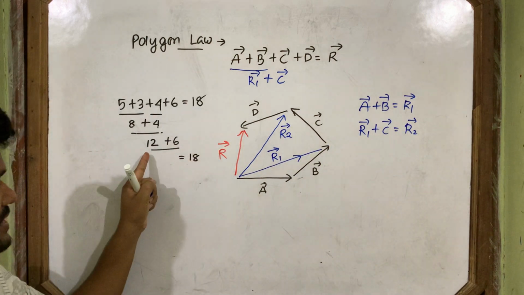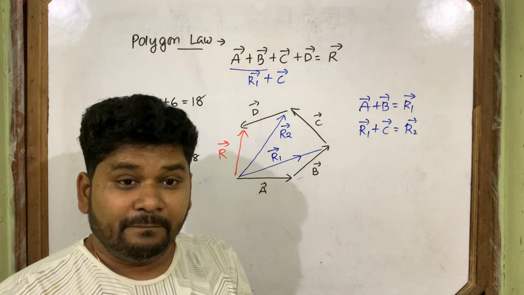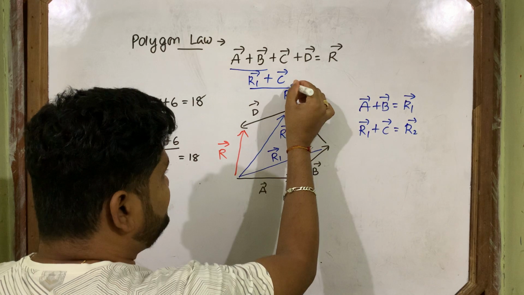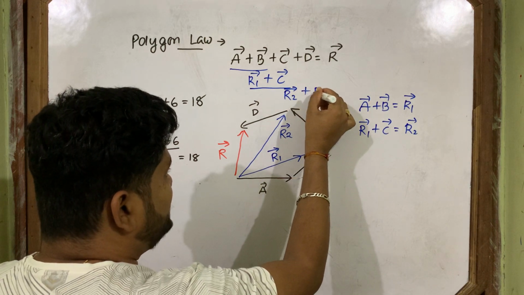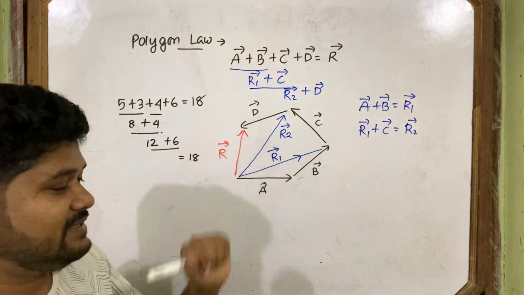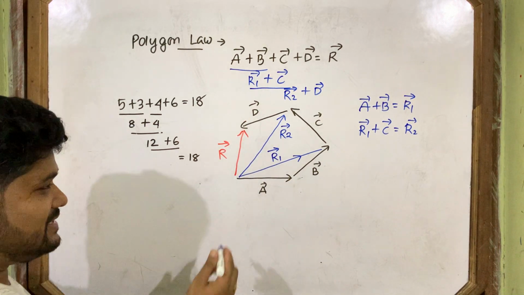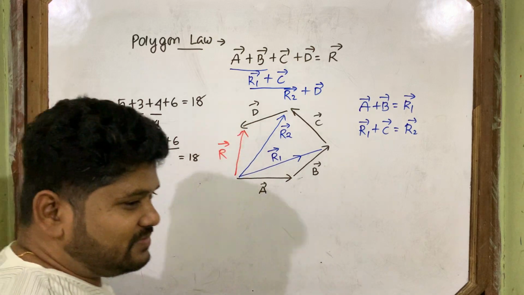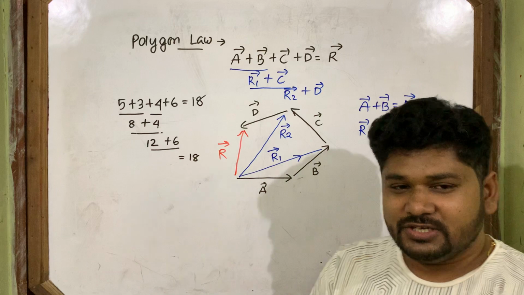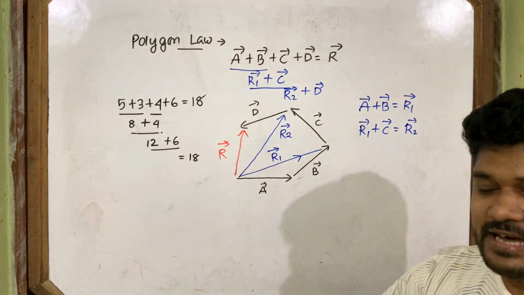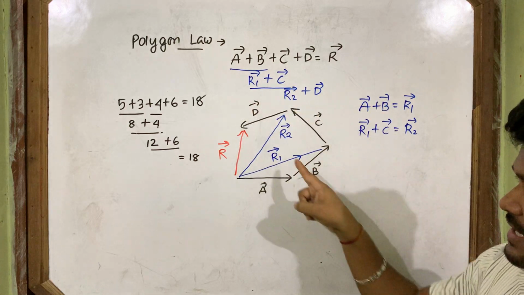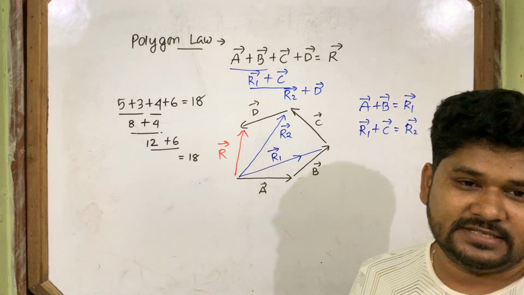Okay, similar to this. Then R2 vector, this you got R2 vector. You will add R2 vector with D vector at last. R2 vector with D vector. So which one is the resultant? This is your resultant. You now come to the end of this law. The law statement told that this R vector is the resultant. Also when we add the vectors actually, we also got that one as a resultant.